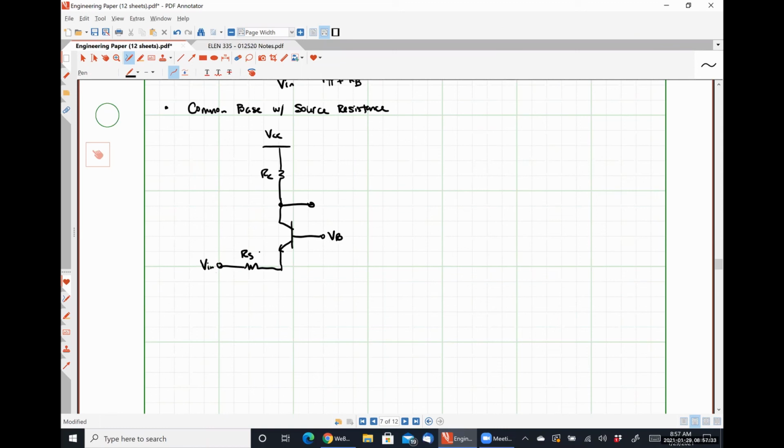So it looks extremely similar to an emitter degeneration scheme, except that we're applying the voltage at the other terminal of that degenerative resistor, which is slightly different and is going to be impactful in a couple of different ways. But this is our circuit that we're going to analyze. So for our amplifier parameters,